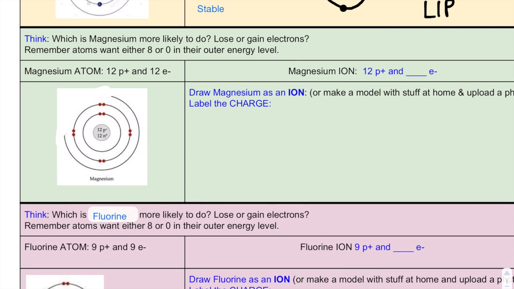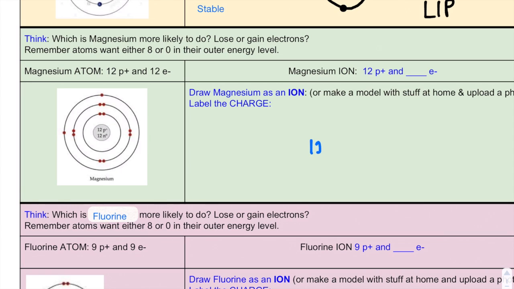Notice how if it loses 2, that outer level then is gone, and the one underneath has a full energy level. And it looks like a noble gas with 8, even though it still has 12 protons. So we're going to draw that over here. So we'll use